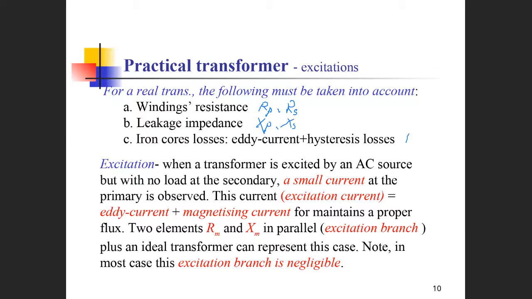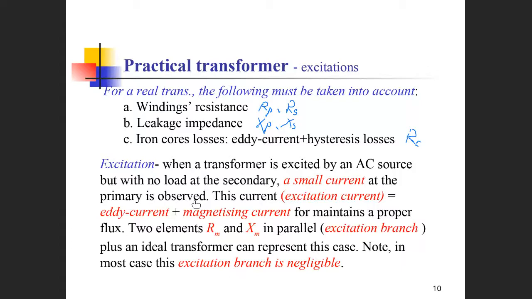They have R losses. That's the difference. So the R losses they have are due to the excitation: when the transformer is excited by an AC source but with no load at the secondary, small currents are still observed in the primary. Because they need some magnetic flux produced inside the core, so that the primary and secondary are linked